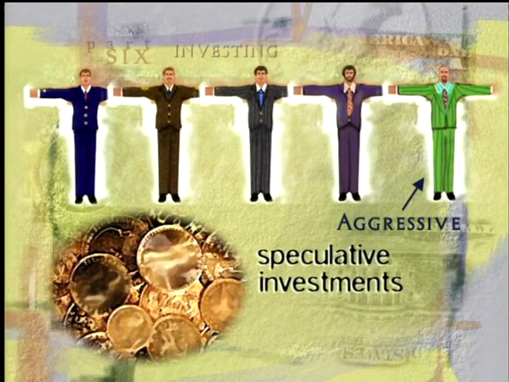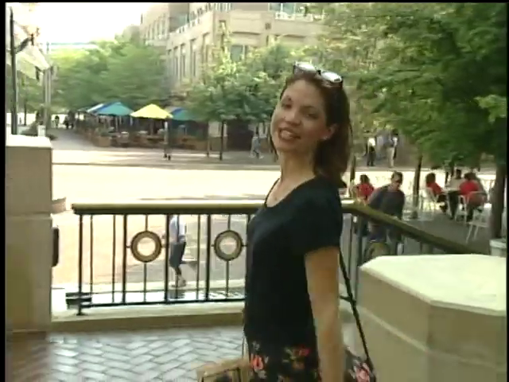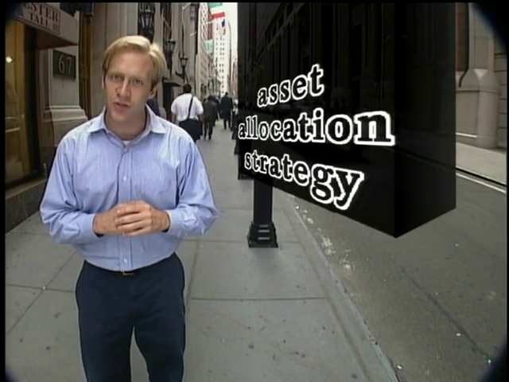choices and to weather the ups and downs of the market. Understanding your tolerance for risk is a major factor in what types of investment decisions you make. These categories will help you see where you fall on the investment spectrum and what type of investment decisions make you the most comfortable. Now it's time to establish an asset allocation strategy.